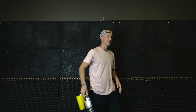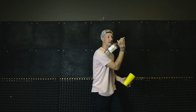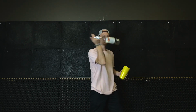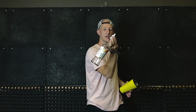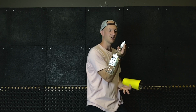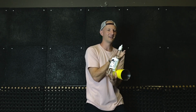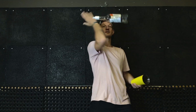Yes, and by inertia, the bottle goes in this way. Look, and I'm doing this move. So you can practice just this move separately. What I'm doing here, in this way, and then by inertia, I'm trying to slide by the bottleneck. So here, slide to the right side,